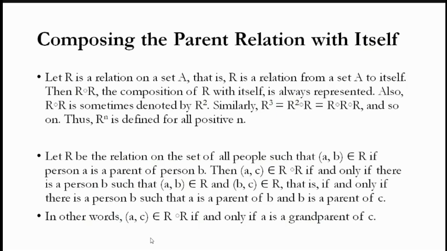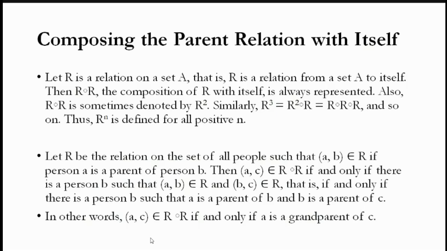Let R be the relation on the set of all people such that (A, B) belongs to R if person A is a parent of person B. Just now I gave you the sibling example. Sibling means two children belonging to a common parent. So just like that, then (A, C) belongs to